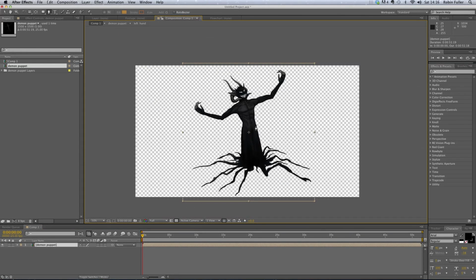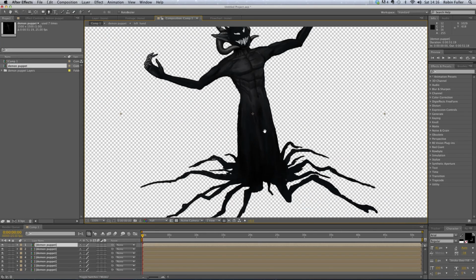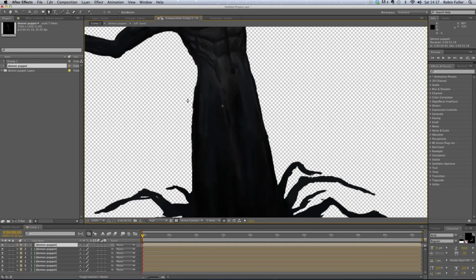So if we think about what different segments we're going to need, we'll have one for the body. I'll put another one here so we can bend at the waist, so that's 2, another one for the head, so that's 3, and then we'll have 2 more for each arm. That makes 7, so I'm just going to duplicate this layer a few times. Cool, so layer 1 is just going to be the lower body here, and we're just going to mask this off